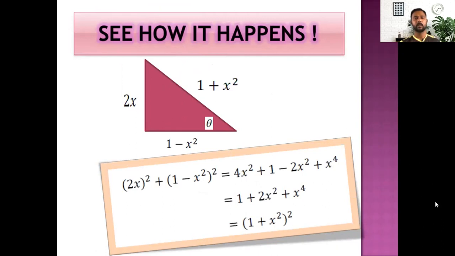Now from this relation, see what sine theta should be. Opposite side by hypotenuse means 2x by 1 plus x square. Therefore that relation is sine inverse 2x by 1 plus x square. What cos theta in the same triangle is, adjacent by hypotenuse, is 1 minus x square by 1 plus x square. That means cos inverse 1 minus x square by